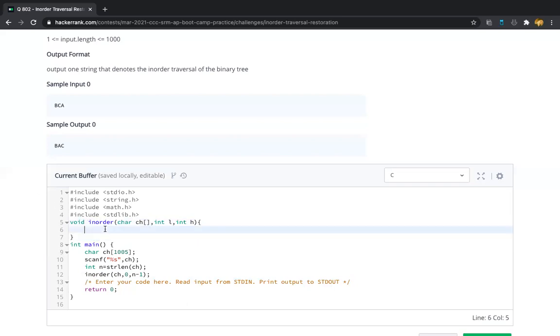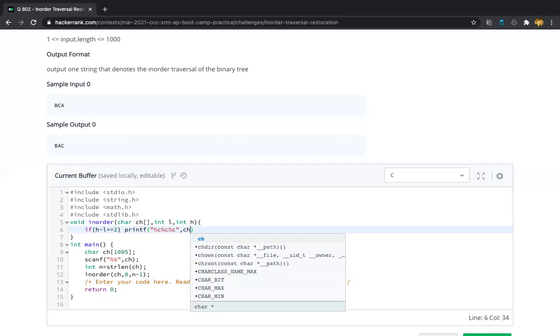First of all, we should check the condition. If high minus low equal to 2, we will print using printf with %c three times, because we have 3 characters. We print the character at low.